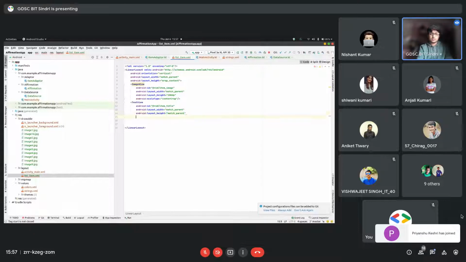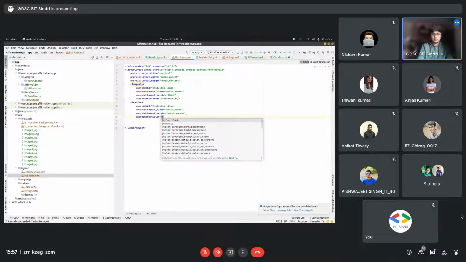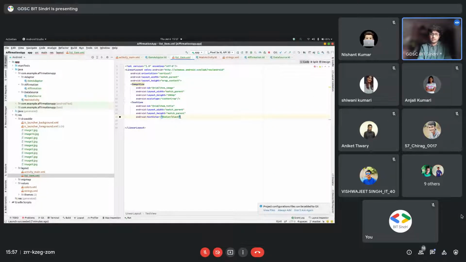Like I want to show the text in black color, so I can set the text color black. You can use any hex code of color over here, and I think the text size should be 20 sp will be enough. 20 sp because sp is used for text sizes in Android. Okay.